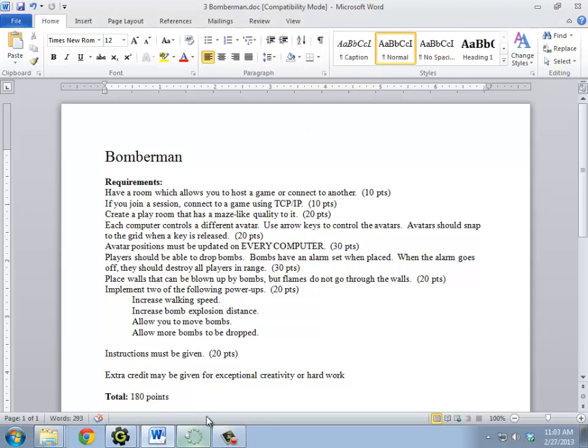All right, so Bomberman. So we're going to have a room which allows you to host the game. If you join a session, use TCP/IP. So TCP/IP is a special addressing system. It allows you to